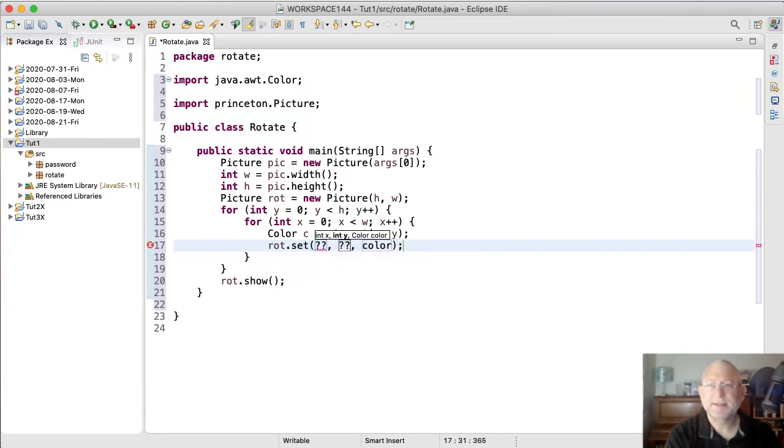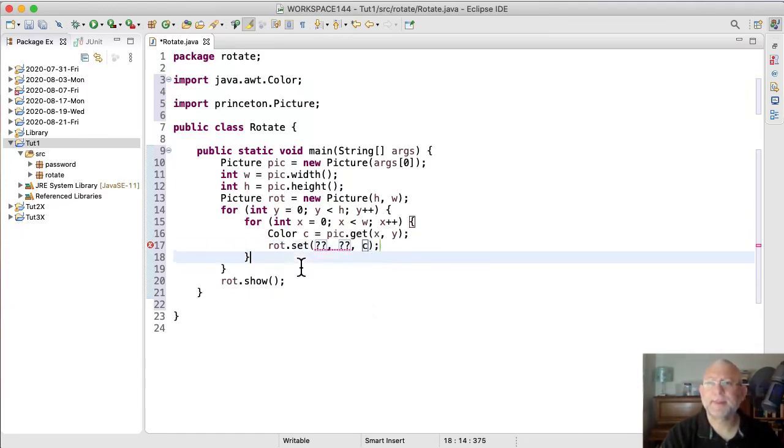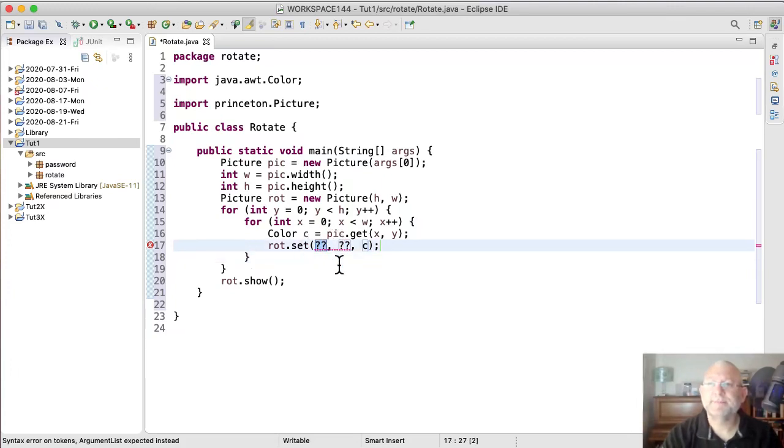Something, C. And the question is, what should something and something be? Well, I can't put X here